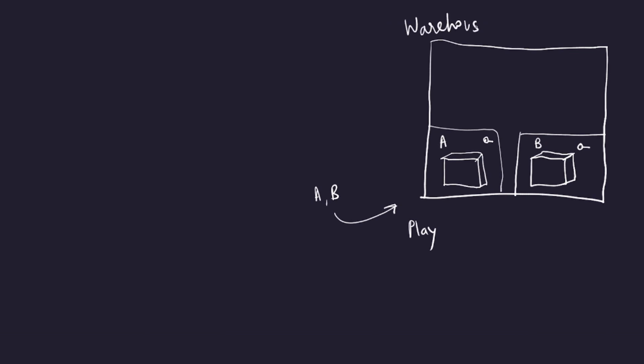And this is your friend's locker, and there is his toy. So this is A, this is B. What you do is you both go here and play with it, and then you keep it back in it. So this is a warehouse, a centralized place where all the toys are kept,